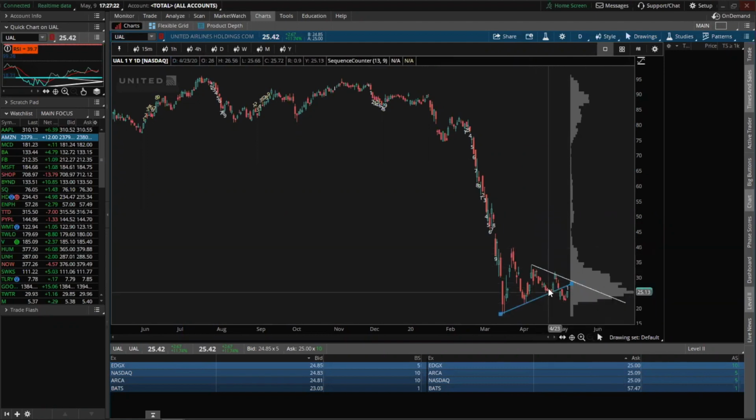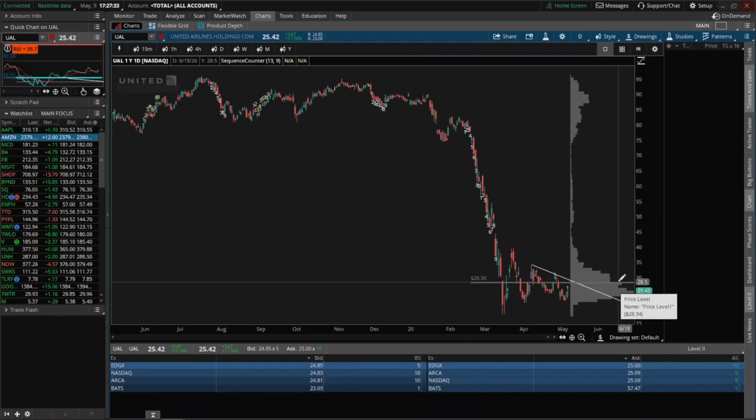And then if UAL starts to hit this and I see a lot of sellers jumping in, okay? And look, this matches your supply area, right? Your resistance area. We hit, we see a lot of sellers. I short it, bring it lower, you know? Again, aggressive way of trading,